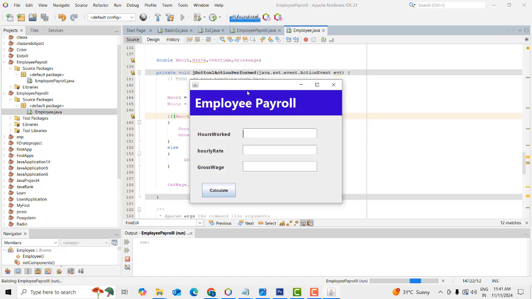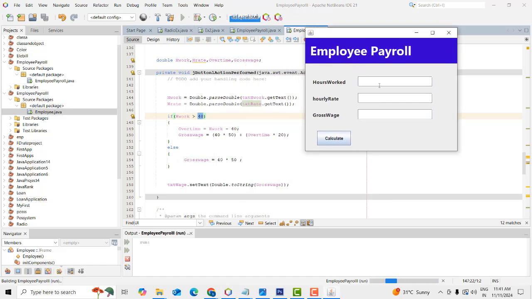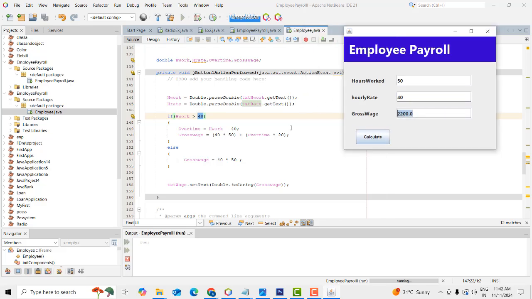Here you can see now it's working. If the hourly rate you entered here is 40, if it is this one also 40, it is calculated based on this. If the hour rate is 50, based on the condition it works here. It's extra. They entered the 20%. If the workers are working more than that,